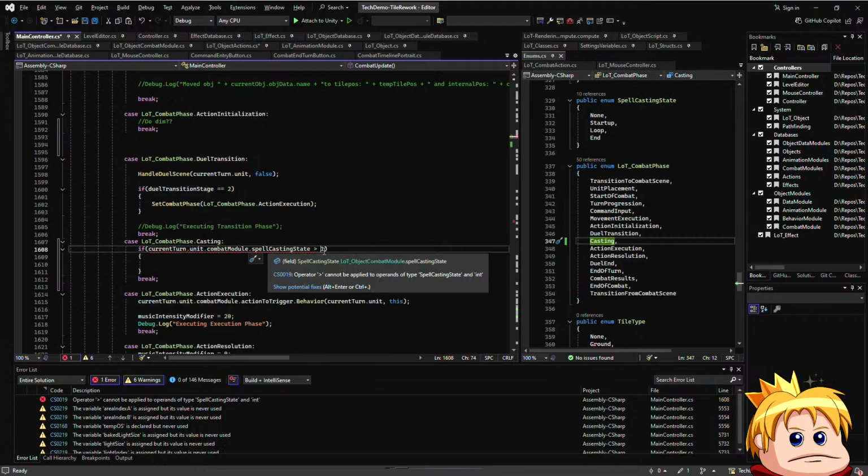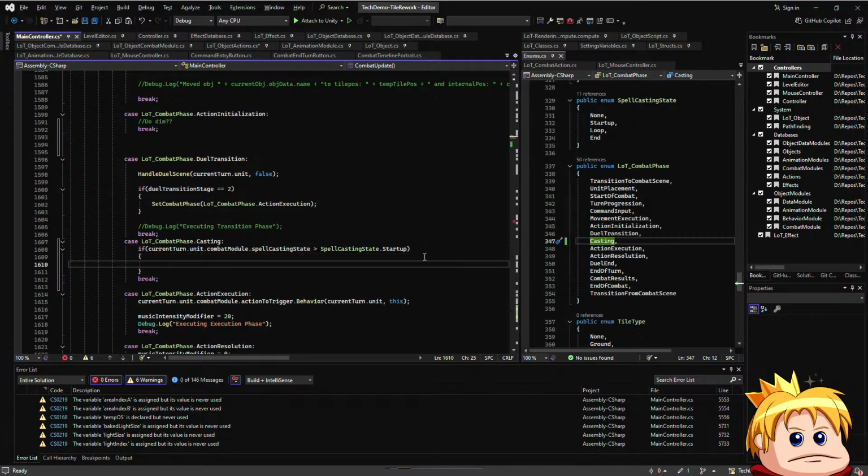But rather that's going to be greater than spellcasting state dot startup. If it is greater than spellcasting state dot startup, then we're going to say if